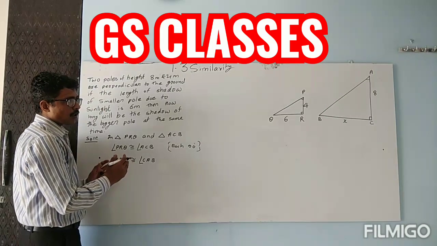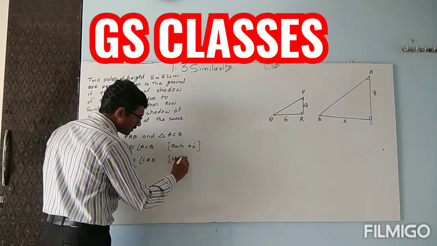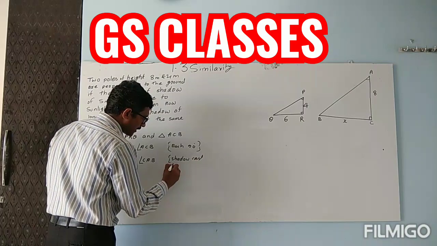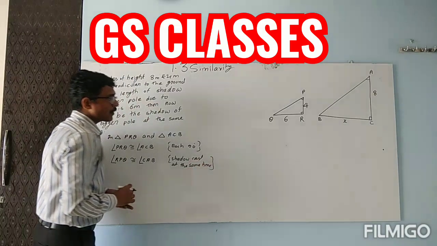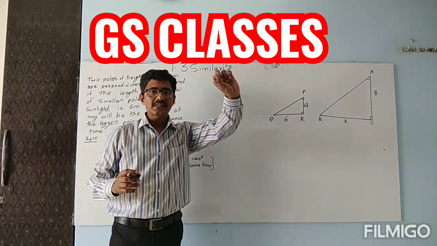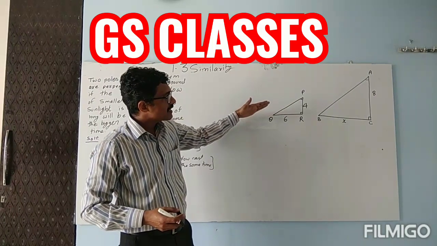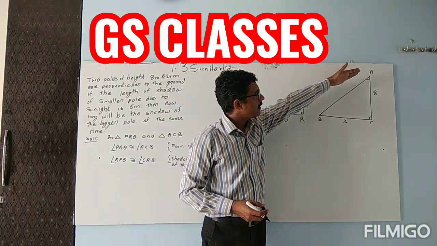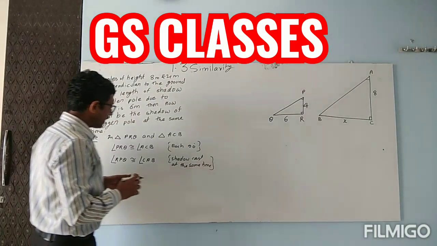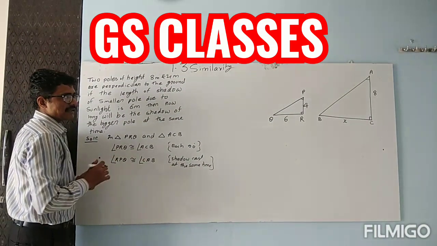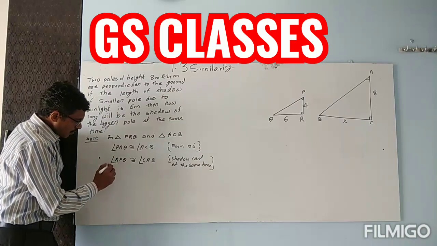Why are they equal? Why are they congruent? They are congruent because of the shadow cast at the same time. The sun rays are always traveling in a straight line. So due to the position of the sun, whatever angle is made with this pole, the same will be the angle made with the other pole. On that basis we can say that these two angles are the same. Now children, two angles are the same. So we can now write